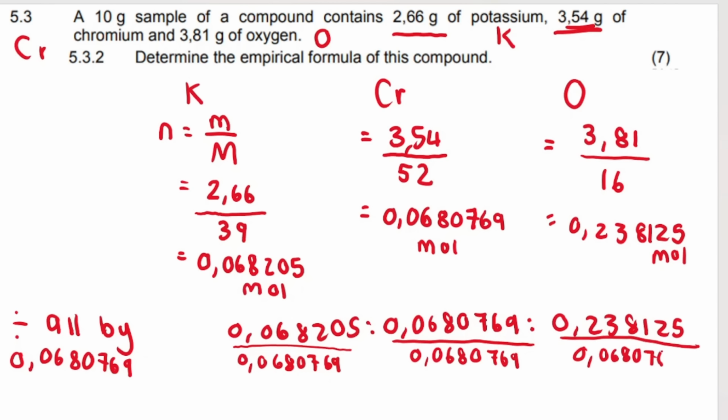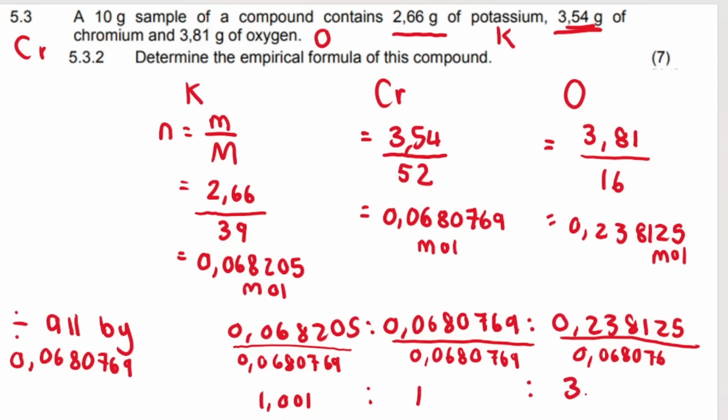And when I do that, my outcome, and if you do this on your calculator with me, you'll see that for the first fraction, we get 1,001. Now, 1,001 is very, very close to 1, and it's close enough for us to round down to 1. The middle fraction, we're dividing 0,068 by itself. So that's definitely going to get us 1. And for the last fraction, the 0,23 number divided by the 0,06 number, we get